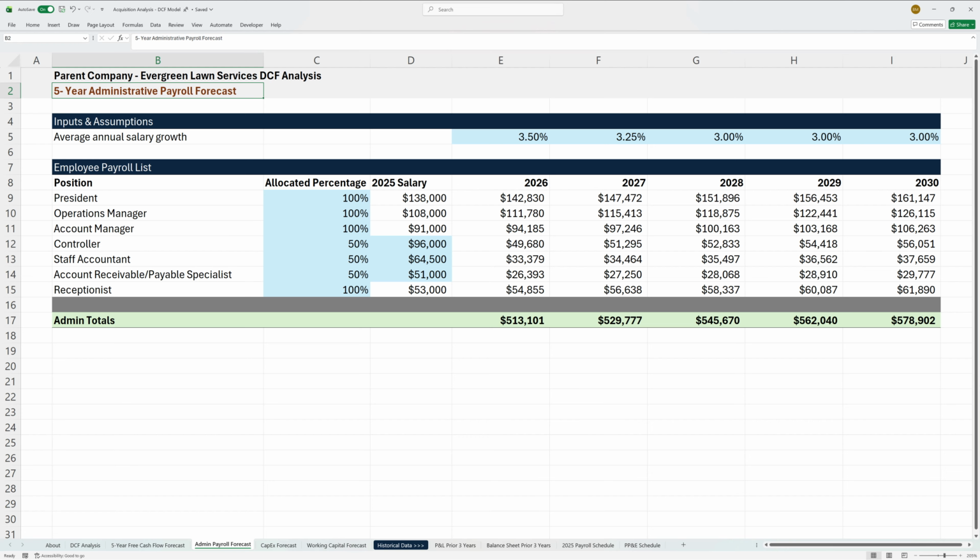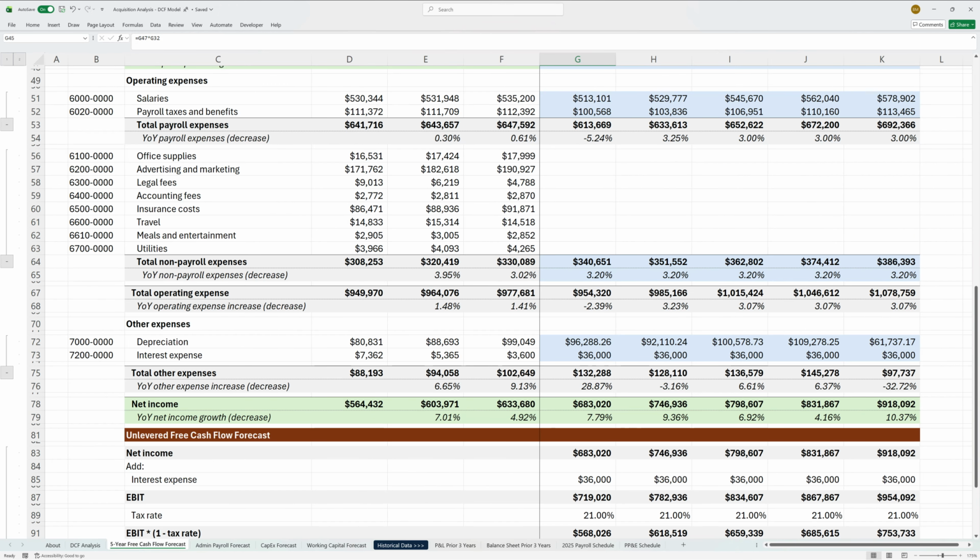You can see in year 1, we expect a 3.5% increase from the 2025 base year. Year 2, we estimate a 3.25% increase over year 1, and then we estimate 3% annual wage increases thereafter. So we've linked those totals back to our forecast P&L. You can see in the first year under our ownership, the administrative salaries are forecast to decrease by 5.24%, despite the assumption that individual salaries will increase by 3.5%, and this is due to the reduction in headcount